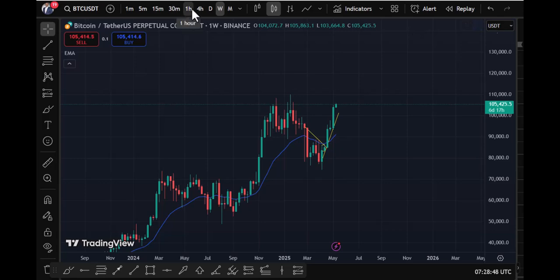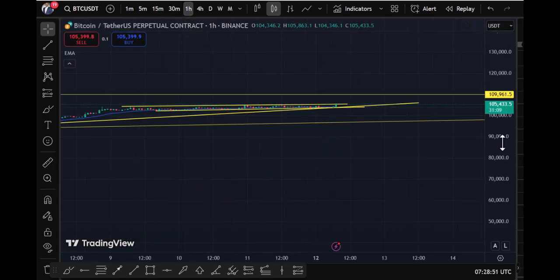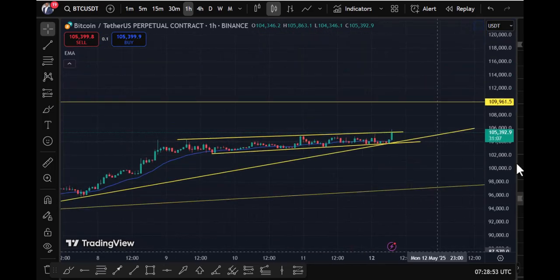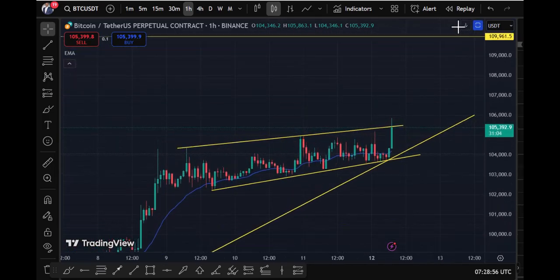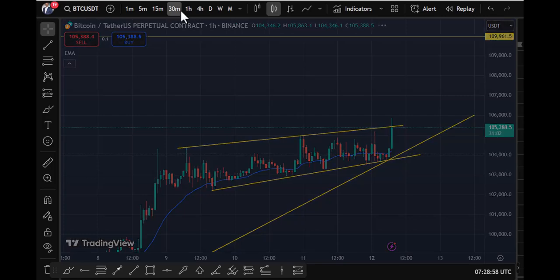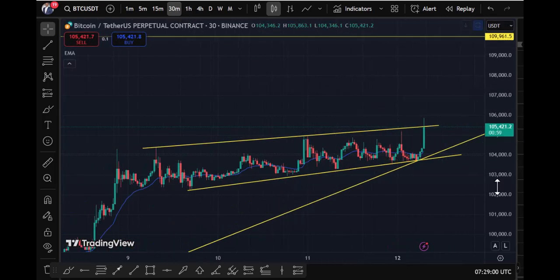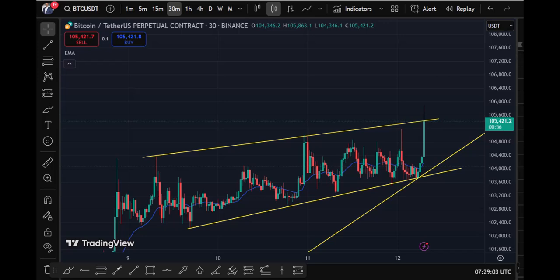So as for us traders that trade, we are expecting the market to give us a few pips. So we're expecting now, this is for us to enter this trade. I'm just explaining this to you guys. For us to enter this trade, in the 30 minutes time frame, we're expecting this market to close above this kind of channel. Once the candle closes above the channel, that indicates that the market will keep pushing high. If not, there will be a sell-off coming. So we're expecting the close of this and a retest of it, and that will be a buy for us.